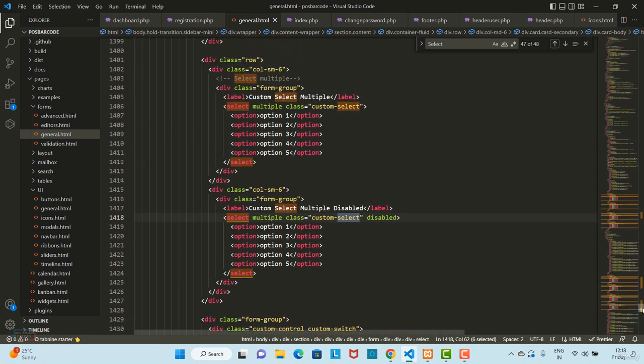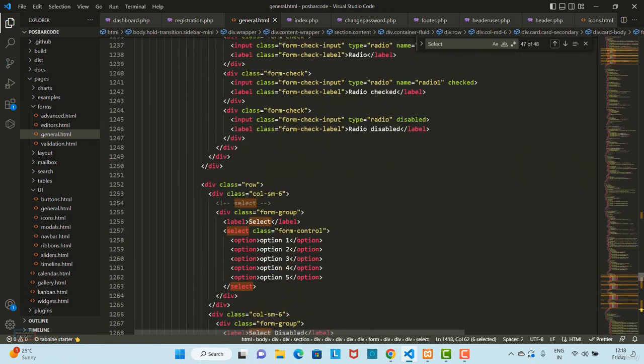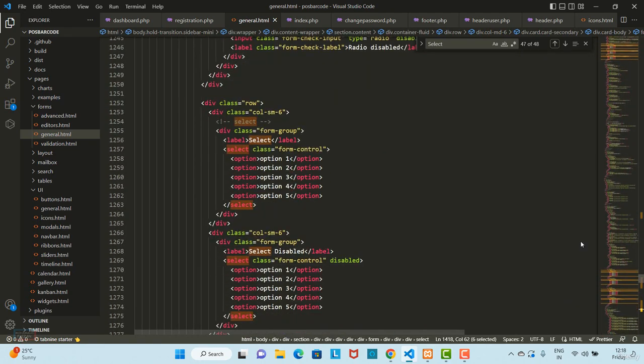We can copy from here, custom select, and okay, you can see here. Okay, so let's copy this. You can see there are lots of options for select, but we need that option, okay, not that. So copy this